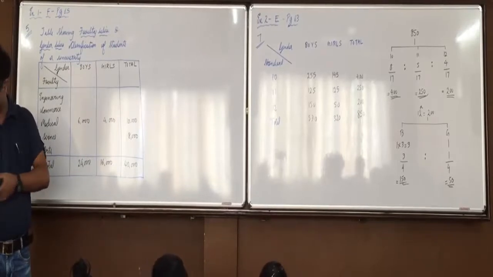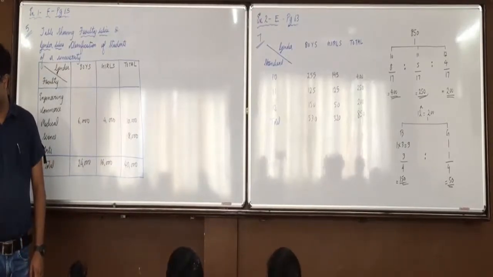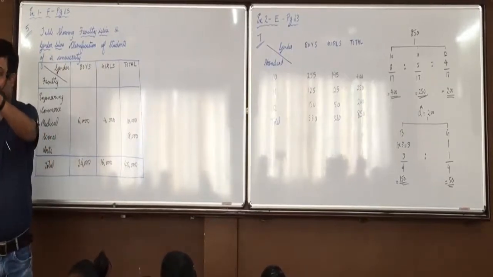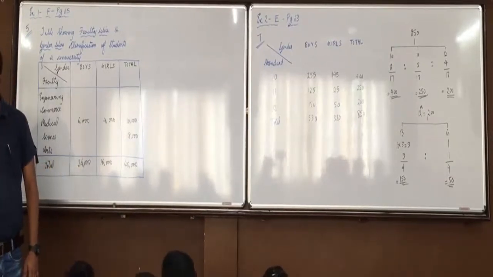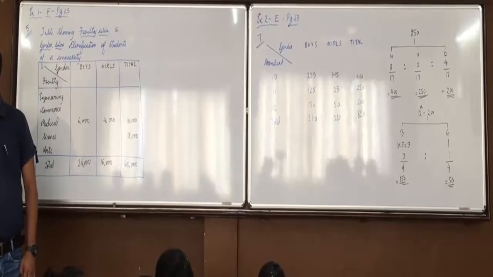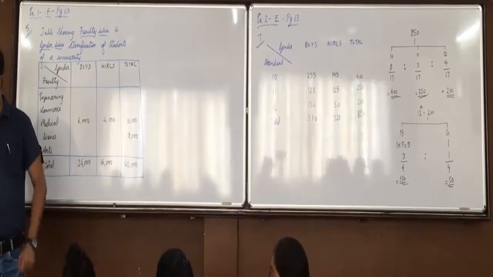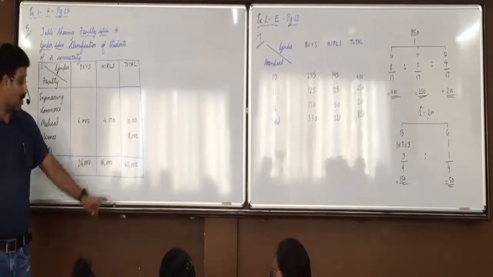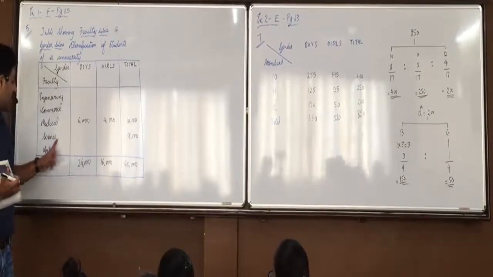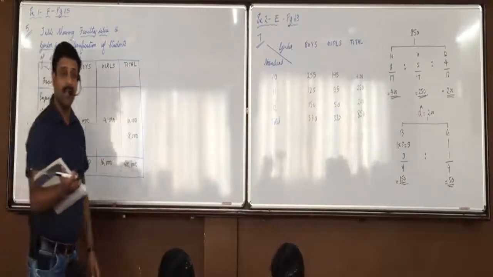Vanshika, read the sentence. Read it so that I can listen. You don't have to speak in Bhavya's ears. I should be able to listen to what you are speaking. Loudly. Once again. Throat problem. Others please keep silence. Read it once again. Belong to the faculty of science. So 40,000 into 20%, 8,000 belong to the faculty of science. Is everyone clear with this?